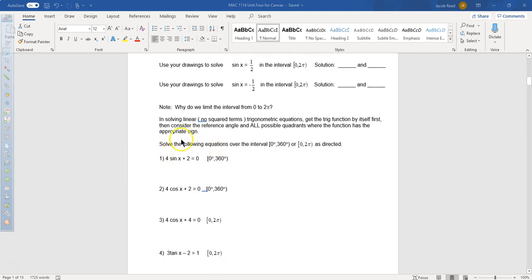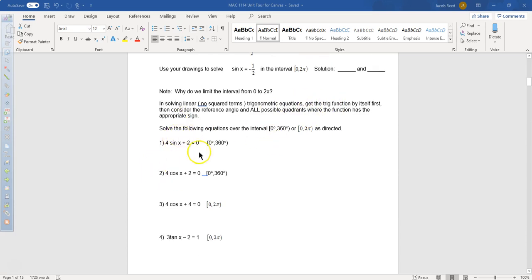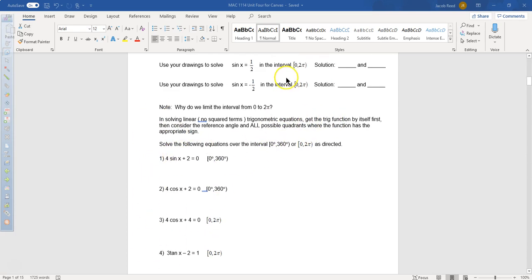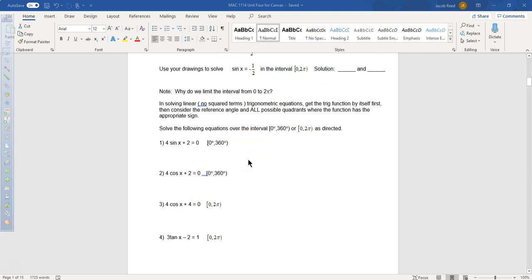Alright, so now we're going to be getting down here. We're going to be actually solving these equations. The main thing that we're trying to get you to understand up here is that we're not looking for just one angle. There could be multiple angles that give me the same answer. So down here you need to make sure you're trying to find all the angles that fit within this specific limitation, this range. Okay, so starting with number 1,